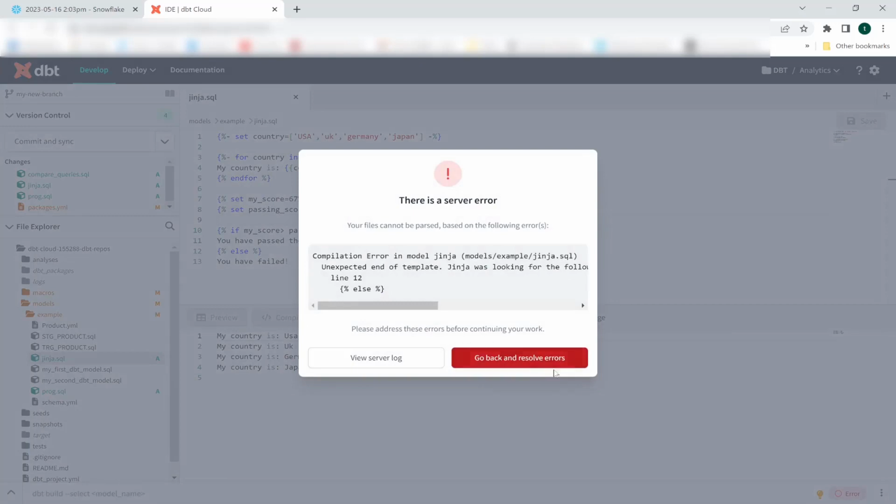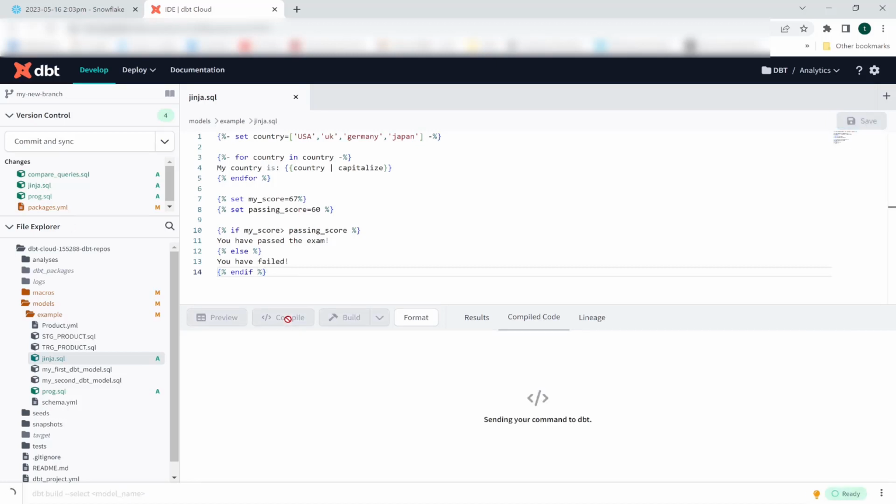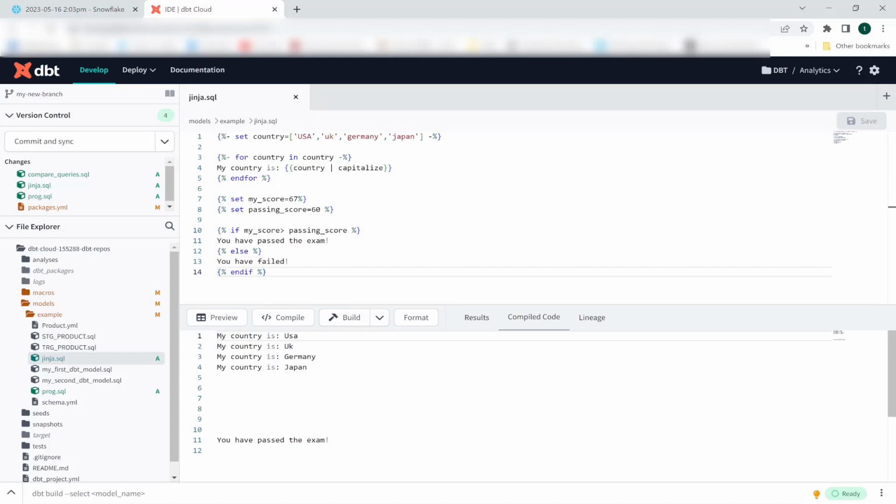Compile. Okay, I have to end the if statement as well. In order to end this if statement, I'm going to use the keyword or tag endif. Okay, this is how you're going to end the if statement. Compile. You have passed the exam, and the reason is that my score is greater than the passing score, which is